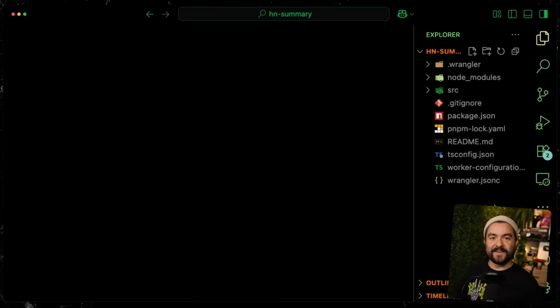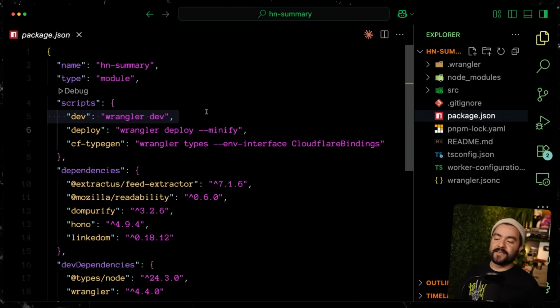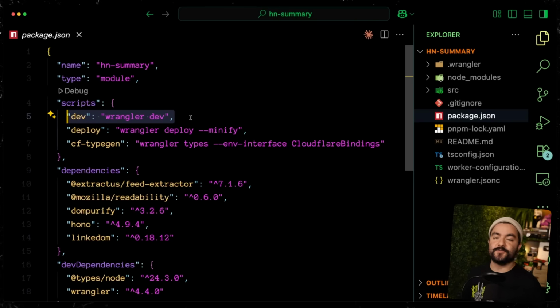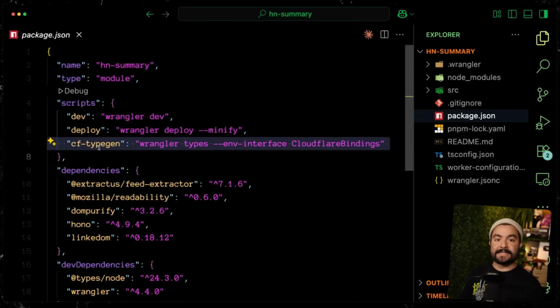All right, let's get into it. So here's the app I've built. First, if we take a look at the package.json, you can see we have a couple of scripts. We've got our dev script, which runs Wrangler. So this is a CLI tool provided by Cloudflare to actually run your workers locally. We've got a deploy command and a command to generate types so we can actually use our KV bindings and